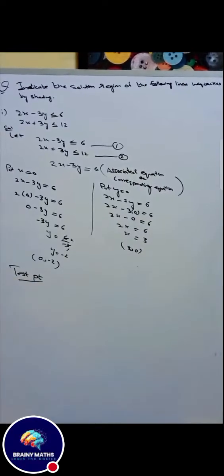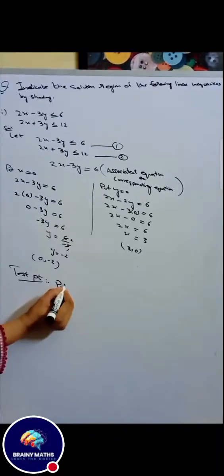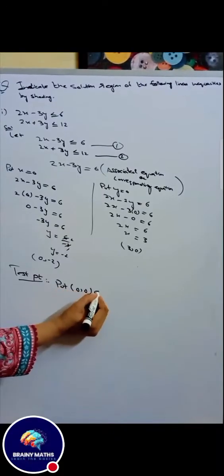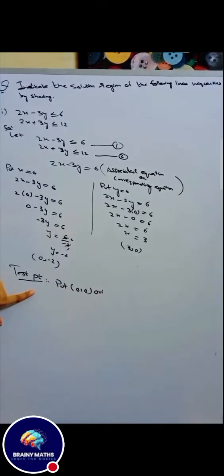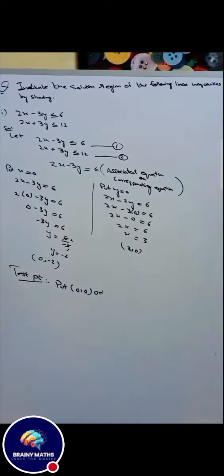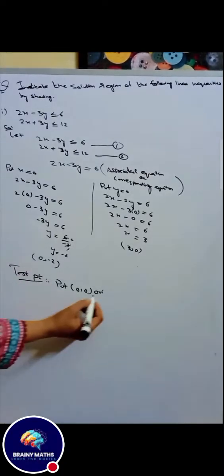PT means test point. Put 0, 0 origin. PT means point. This is an abbreviated form of point. Most of us confuse what PT is. PT means point. Put 0, 0 origin